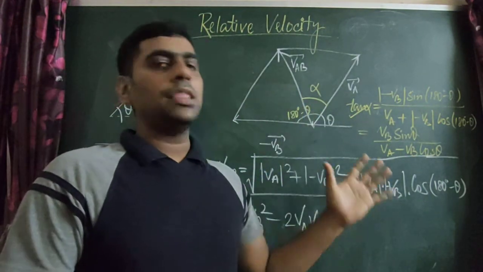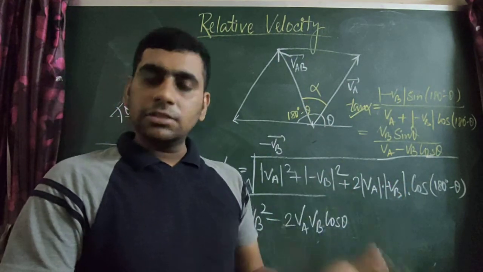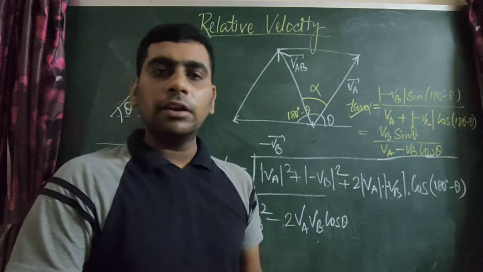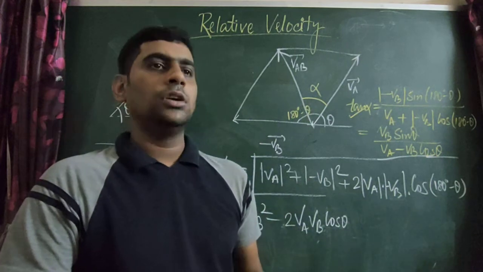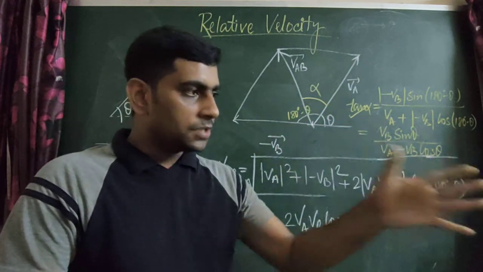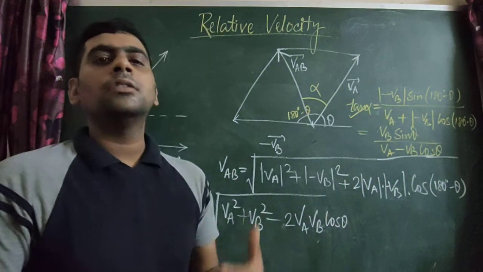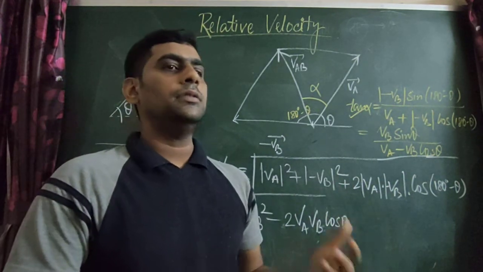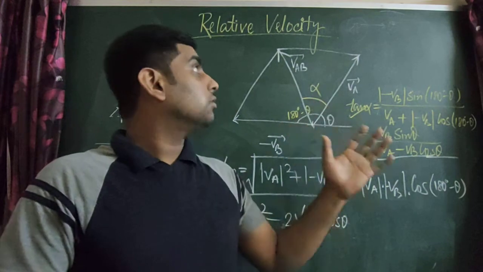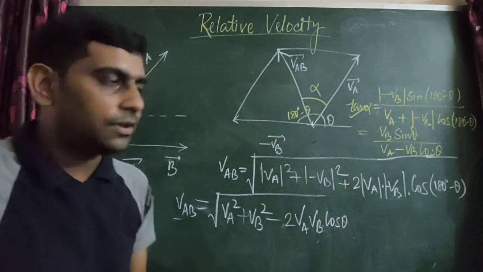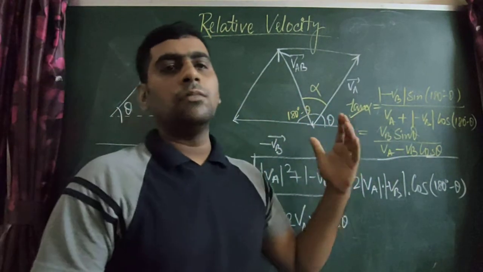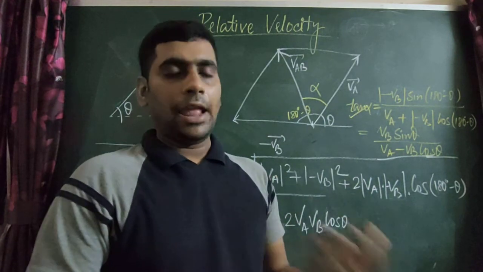You will read like this: the concept of relative velocity, and how to calculate the relative velocity in one dimension. There are two cases: objects moving in the same direction, and objects moving in the opposite direction. Then the relative velocity in a plane, that is in two-dimensional motion, and also how to calculate the relative velocity when two objects are moving at an angle to each other.